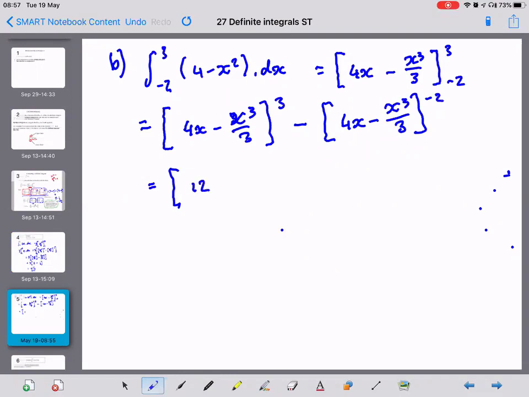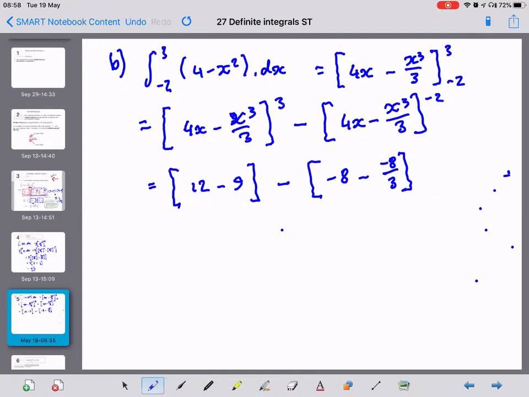That's 12 minus 9. Take away, this is 4 times minus 2 is minus 8, minus minus 8 over 3. Be careful with your signs here and make sure you evaluate these brackets carefully, because